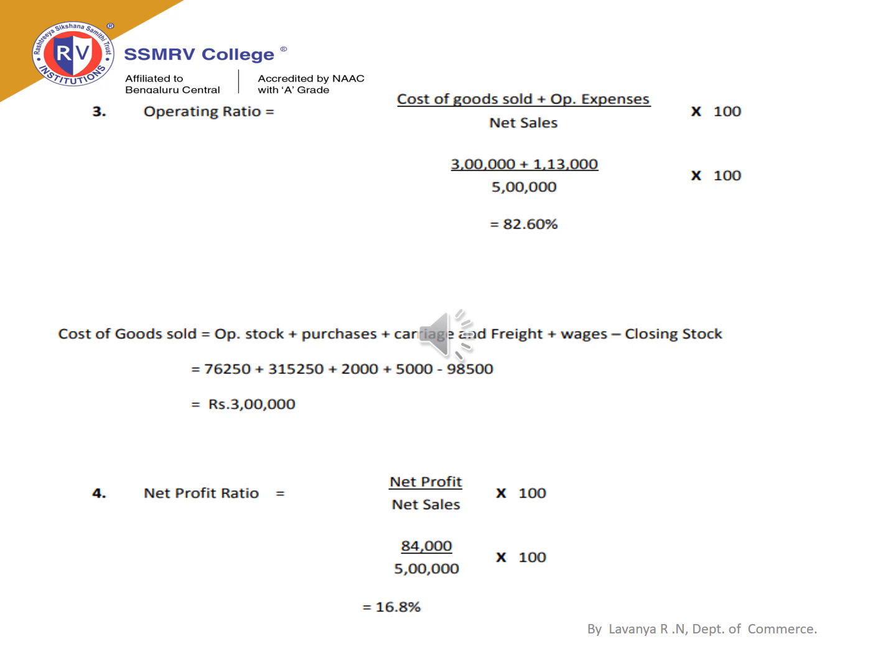Now we will understand the calculation of net profit ratio. The formula used for calculating net profit ratio is net profit divided by net sales into 100. Net profit is 84,000. It is given in P&L, and sales information is also available. It is 5 lakhs. And simplify the information. Then the net profit ratio is 16.8%. Net profit ratio is a profitability ratio, and it indicates the efficiency with which business is being managed.